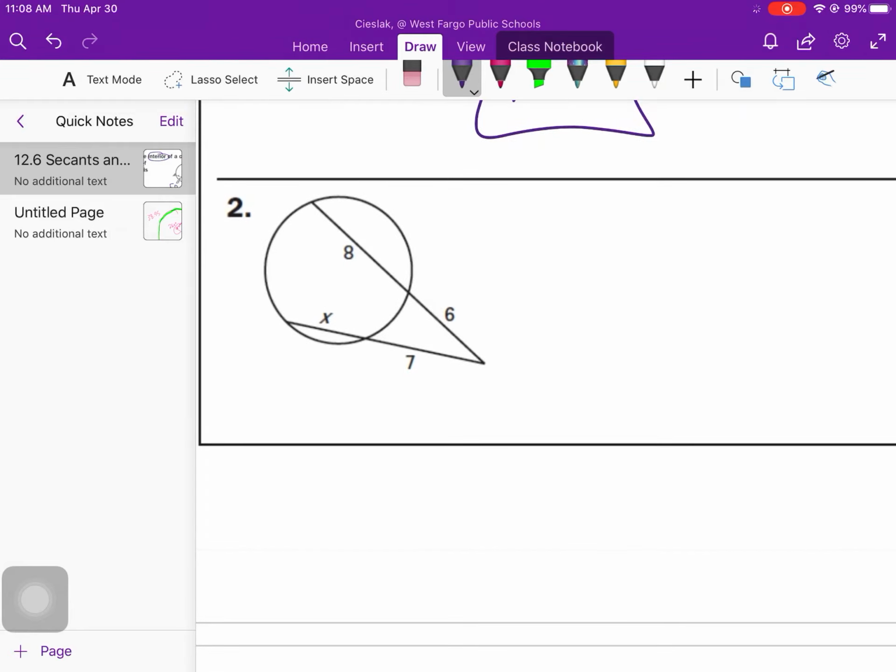So on this one, my external segment, or the outside piece, is 6. So I'm going to go 6 times 6 plus 8. It's going to give me 14 is equal to outside piece of 7 times. Now, if I want to represent this entire piece, I've got to write it as, I